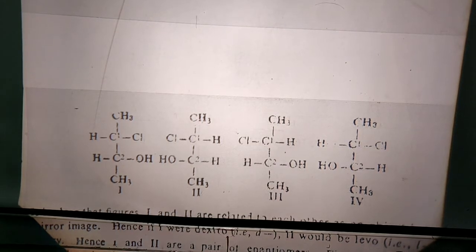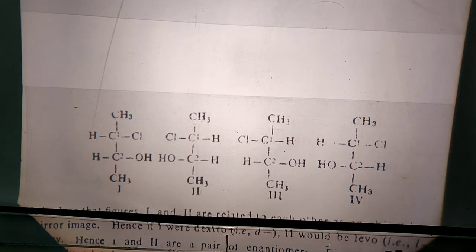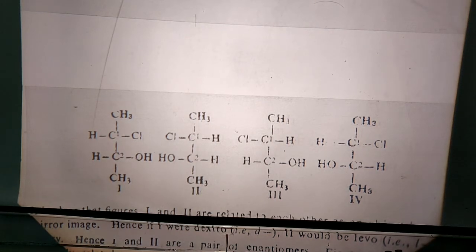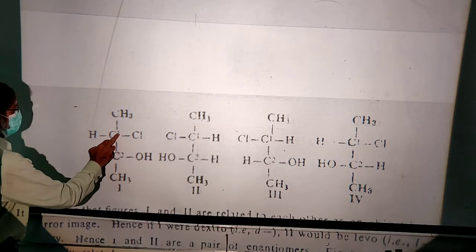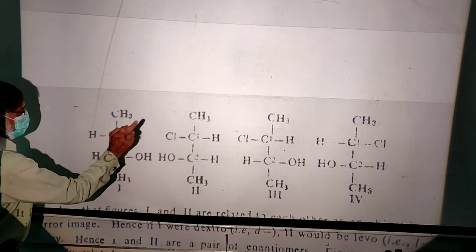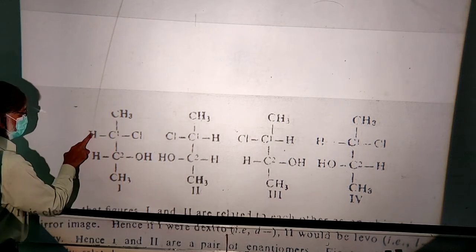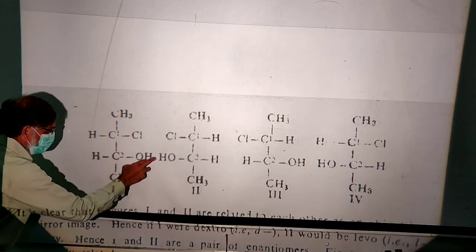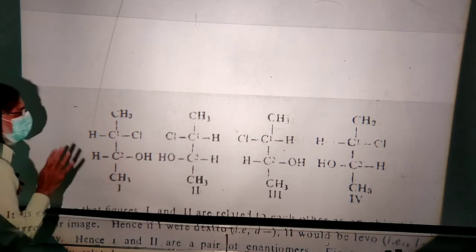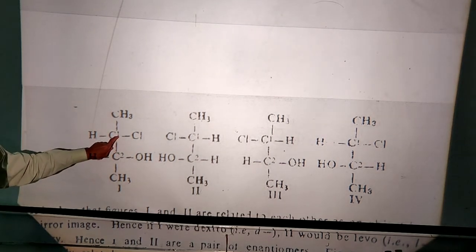How will they form asymmetric centers? I did talk to you about what an asymmetric carbon is: a carbon which contains 4 different ligands attached to it. Now let me explain carbon number 1 to be asymmetric. This is carbon number 1. On one side this is chlorine, on another side this is CH3, on another side this is H, and on still another side this big group is attached. So 4 different ligands have been attached to it, so this carbon will be asymmetric.